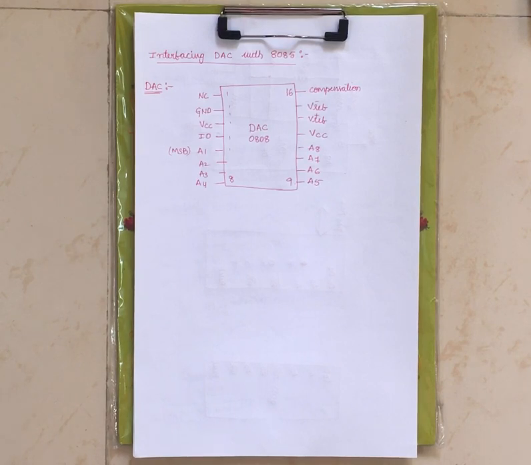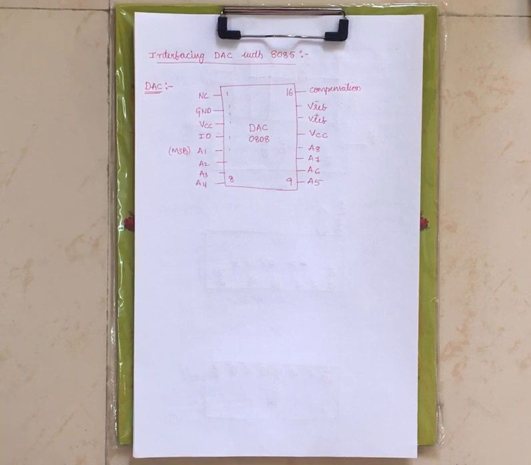Now before going to the interfacing part, let us see the pin diagram of DAC, what it internally contains. After that we will see what is analog signal, what is digital signal. Some of you might know analog and digital signals, but some of you might not be aware of them because you don't have a communication subject. If you have those subjects, I think you know signals and systems, under which you know what is meant by signal and what is meant by system. I don't know whether you have the subject or not, but we will see later. We will see what is digital signal and what is analog signal after this pin description.